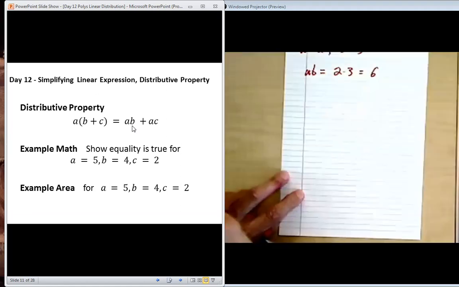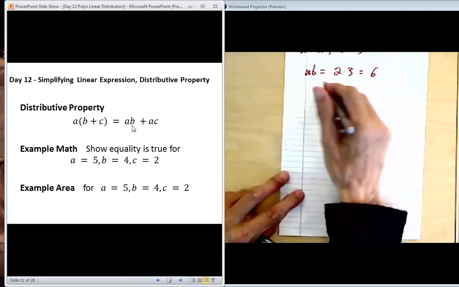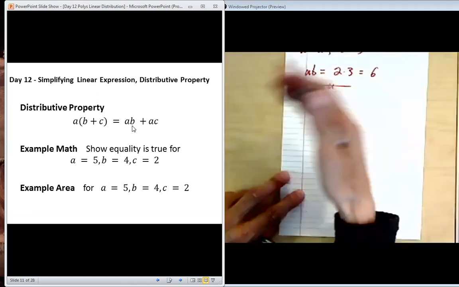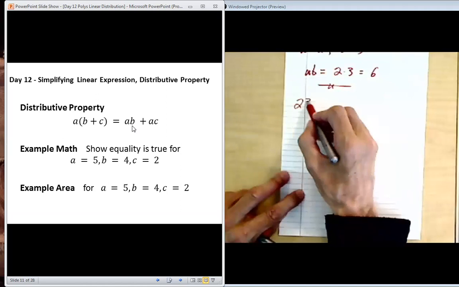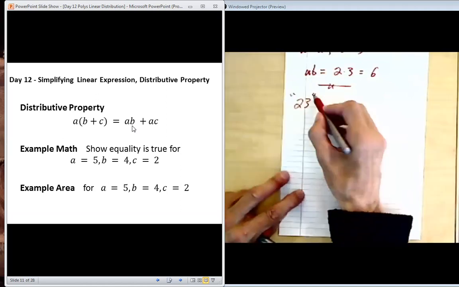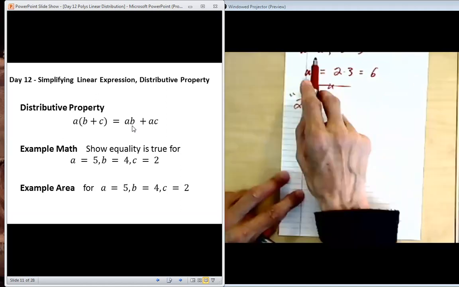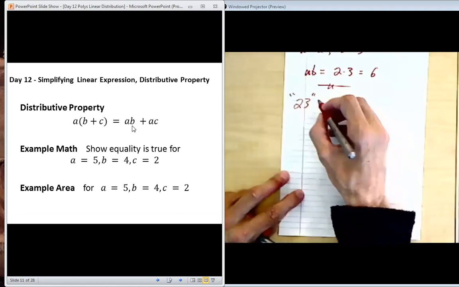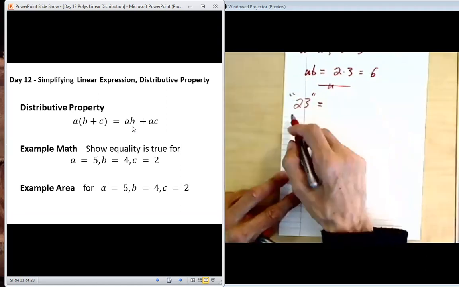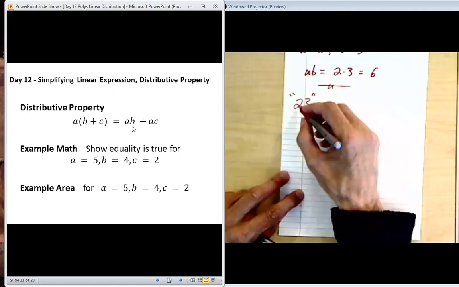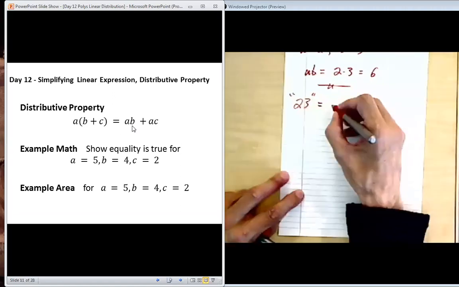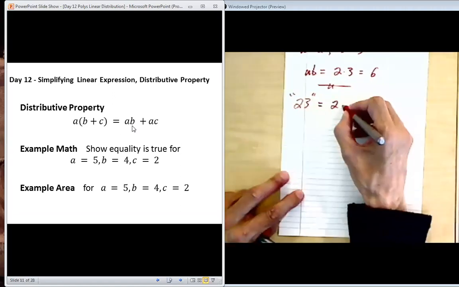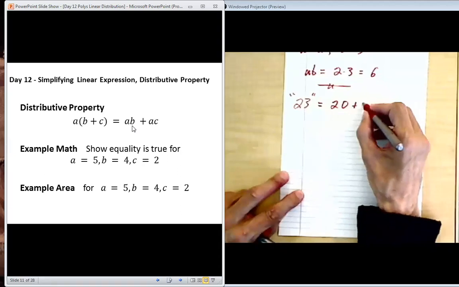Okay, but now, this is a separate situation. The number 23 has a 2 in it and a 3 in it, just like this, right? Okay, here's how you can write the number 23. This number 23 actually means 20 plus 3, right? A plus